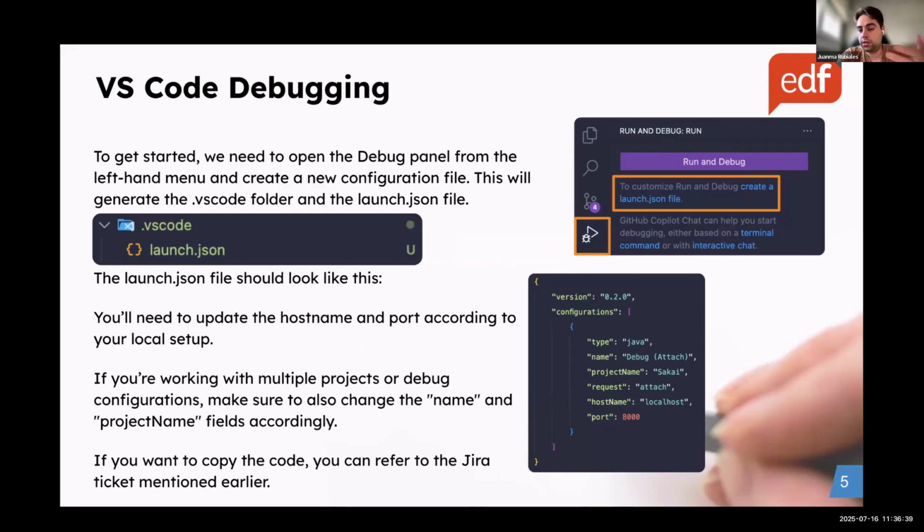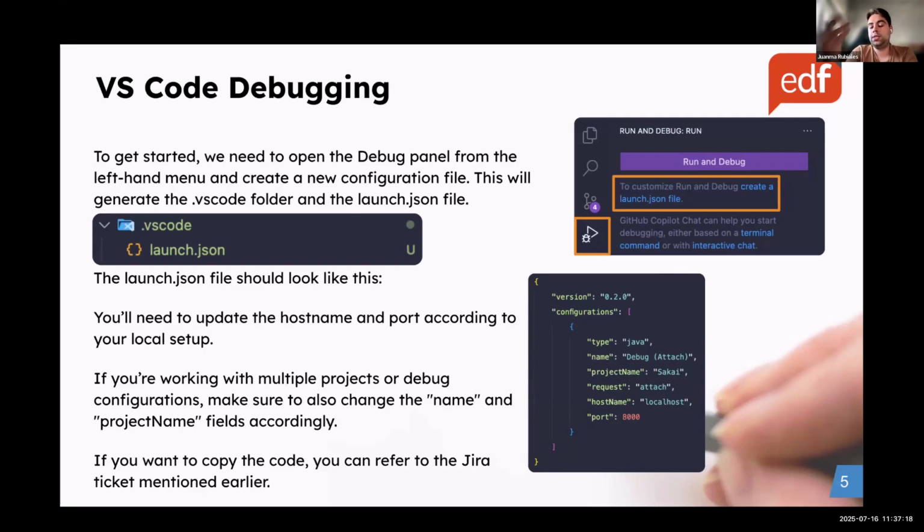This will create the folder that I mentioned before, and then it will create the launch JSON. Maybe the launch JSON file will be different, because Visual Studio is trying to create a normal version, but we need to modify it to the one that I mentioned before. Maybe there are more configurations that we can add, but this is a simple way to debug in Sakai. And as I mentioned in the Jira, we need to modify all the parameters with the port that we set up before, also the hostname, the request, etc.